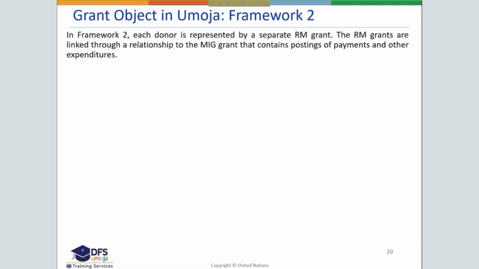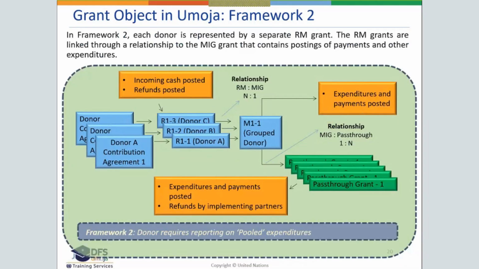Framework 2 is an implementation where we have more than one donor, and each donor is represented by a separate grant. These grants are linked together through a relationship to one unique grant that will contain posting of payments and other expenditures. Okay, so imagine we have 3 donors, 3 contributions, one grant